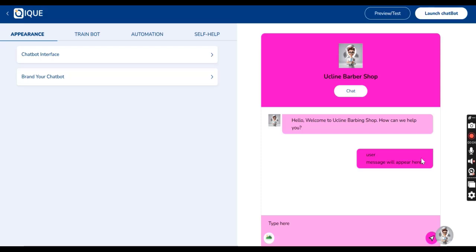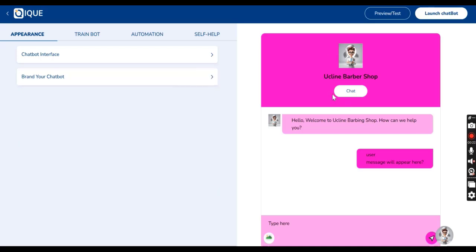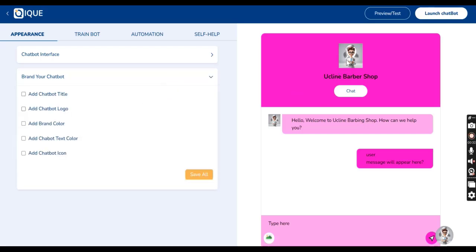All right, I just did something now. I observed that the settings I did before for the brand your chatbot section were not really showing. It didn't take effect because I think I had not clicked the save all button. So what I did was go back and make the change again. Another thing is, when uploading a chatbot logo, please, the image should not be heavy. It should be short. As a matter of fact, it should be below